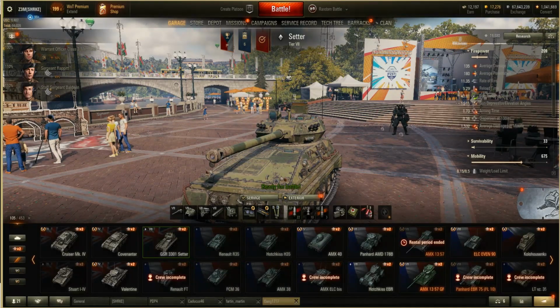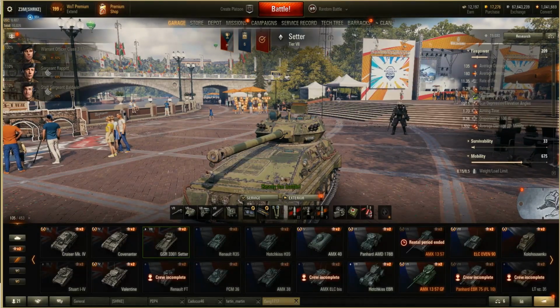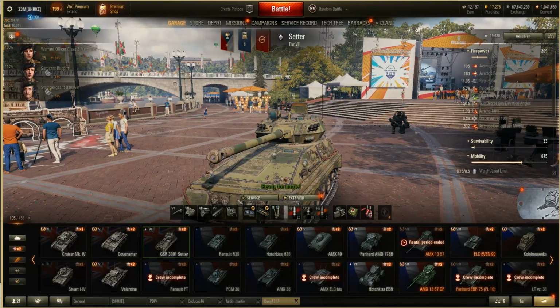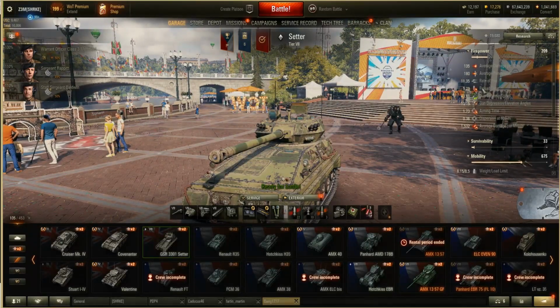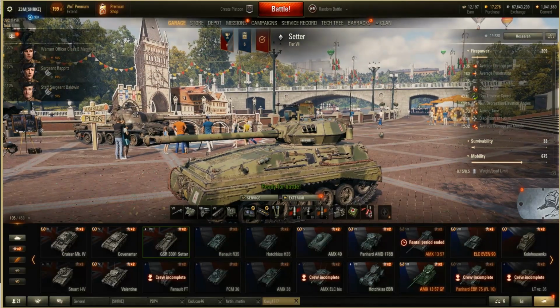135 average damage, 100 average. Like I said, the pen is nice on the tank. 220 for its premium rounds, I believe, if I remember correctly. Yep, 220 with the APCR round. So penetration-wise, it's fine, right? 11.35, and then that 5.29 reload time. With that little damage, with 135,